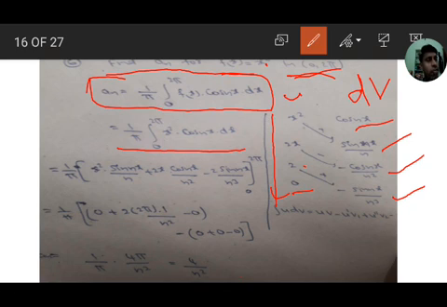Because every integration by n will come, already n is there, meaning n square, n cube. So Bernoulli's rule: ∫u dv = uv − u'v1 + u''v2 − u'''v3 + ... So u into v: x square into sin nx by n, 1 by pi as it is. Next minus u dash into v1: 2x into minus cos nx by n square.